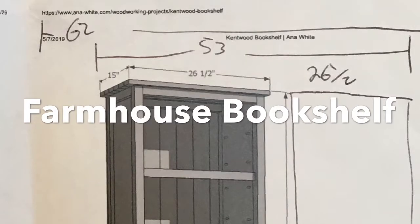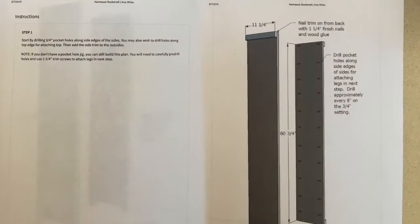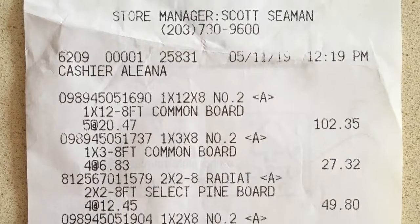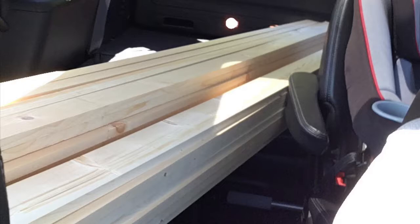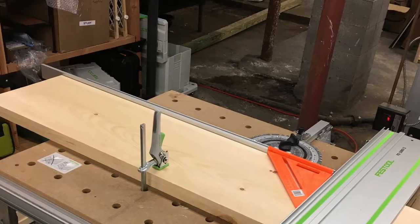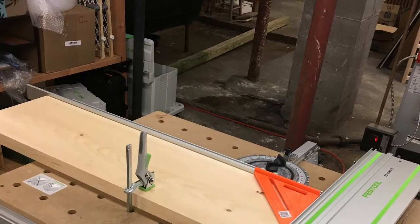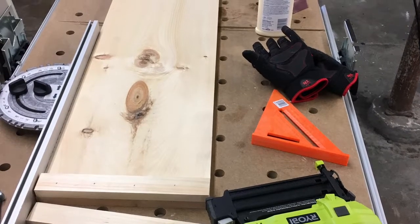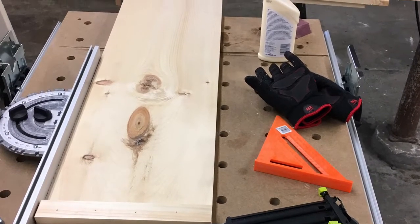For this bookcase, I decided to cut it down from 6 foot to 4 foot, so it required a little bit of work, but you can see here it wasn't that bad. So I used my Festool setup with the saw, and then I have a Kreg Jig for these pocket holes. So that worked out really well, and then I've added this Ryobi brad nailer, which helped out a lot